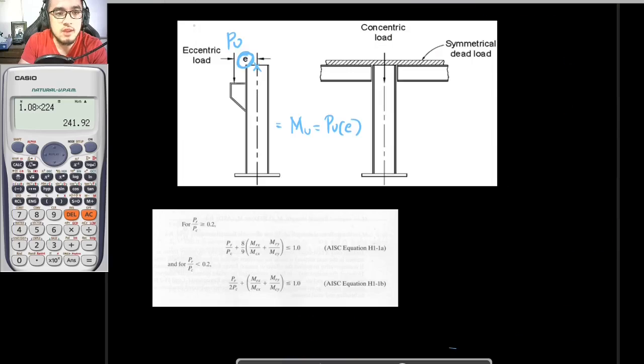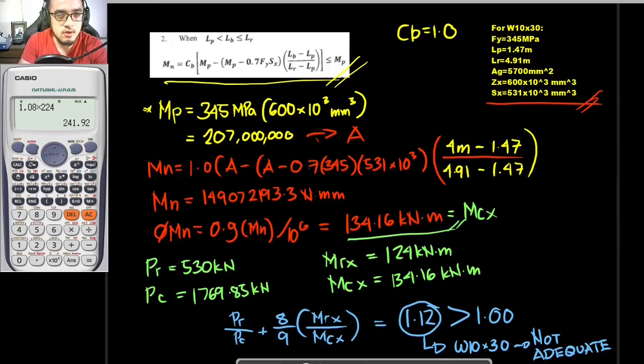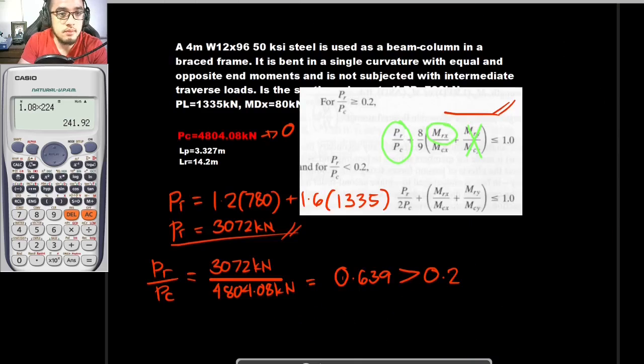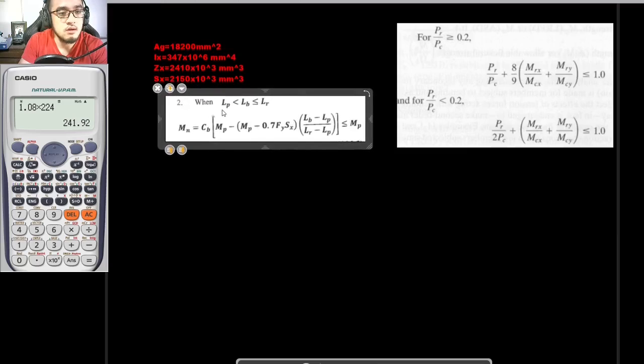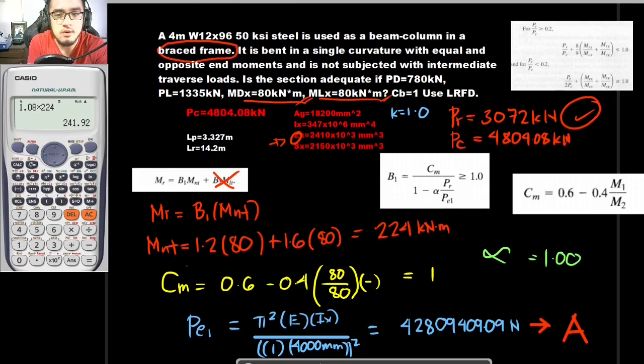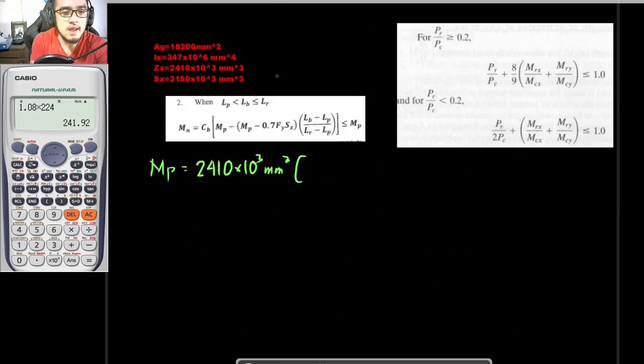So diretso na tayo dito sa formula na ito. So let's copy and paste para hindi kayo mawala. So ayan. So since we are to consider this, our Cb is equal to 1 once again, and our plastic moment is equal to FyZx, and our Zx here is equal to 2410 times 10 raised to 3 millimeter cube. And as for Fy, ano ba Fy natin sa problem pala na to? Our Fy here is that of 50 ksi steel. And 50 ksi steel is equal to 345